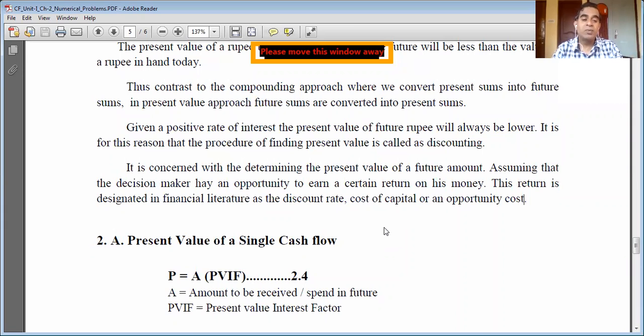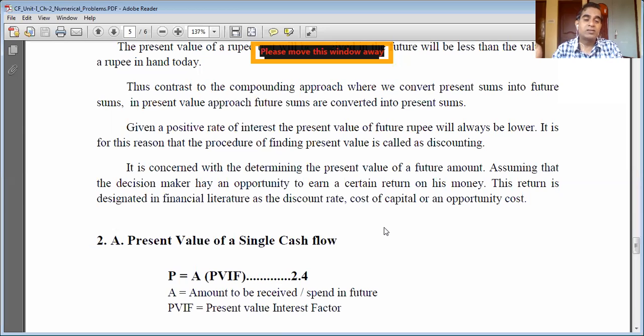So I cannot compare 5 lakh rupees invested today with the 6 lakh rupees I am going to earn after 10 years. It will be a wrong comparison. It's a foolish decision. So I need to convert the future values into present value. That 60,000 rupees per year, every year for 10 years, what I'm going to earn, that 6 lakh rupees, I need to convert into present value at a discount rate. So its value will always be less than 6 lakh rupees.